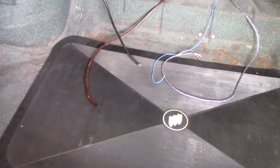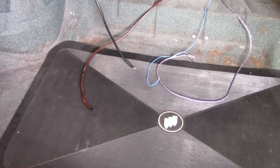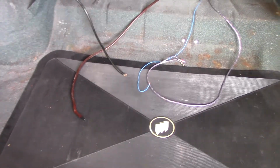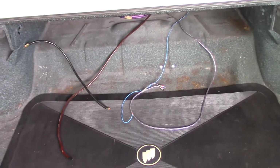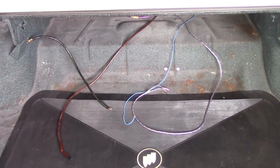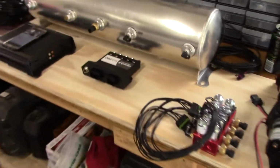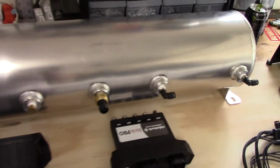I'll have to be careful not to have the subwoofers pounding away when I'm moving the car around or using the air ride suspension. But other than that, I think it'll work, and everything will be fused, so I'll carry extra fuses in case I blow them. It's just going to make the wiring so much easier. So over here,